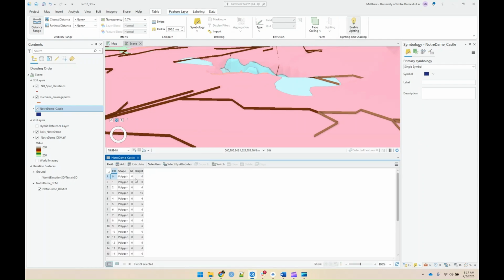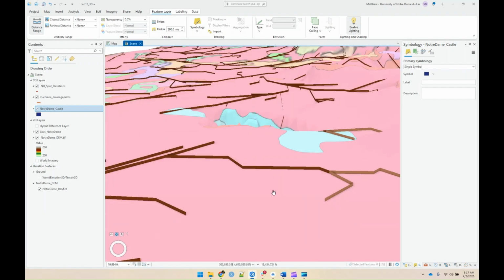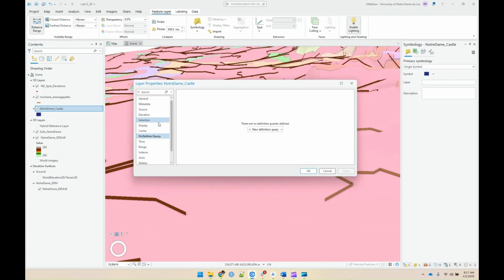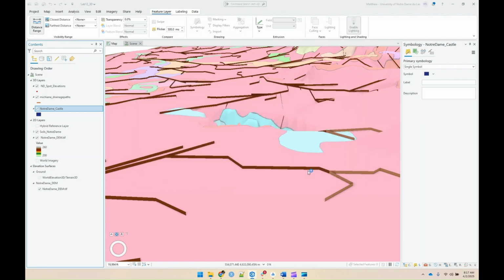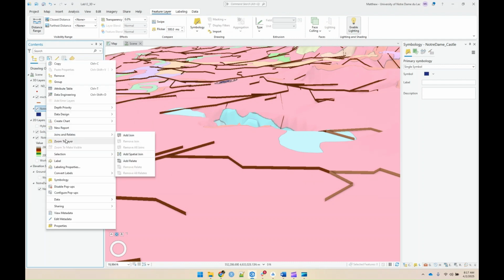So you see it's got heights in there. We want to bring those up. First, have it sit on the layer itself that we're using. So if I went back into here and went to elevation, I could have it sitting on top of my DEM, which is the one with the exaggeration. And then if I zoom to it,